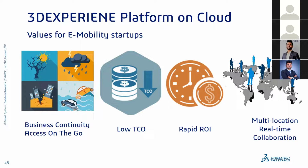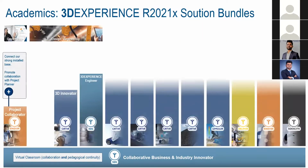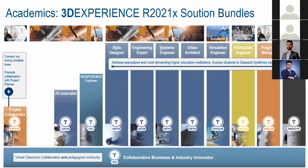That means two or more people can work on the model at the same time. So that's what we call multi-location real-time collaboration. That is actually a possibility with the 3D experience platform on cloud. Coming to the main part, the entire solution, whatever we have showed you so far or